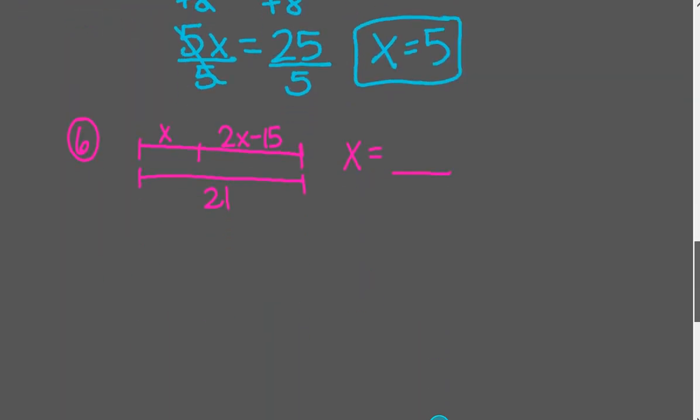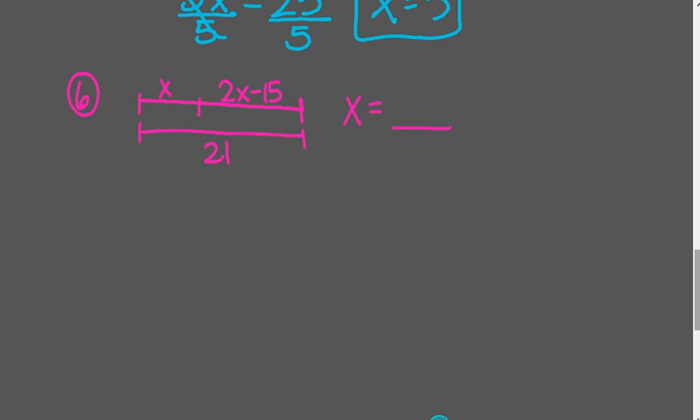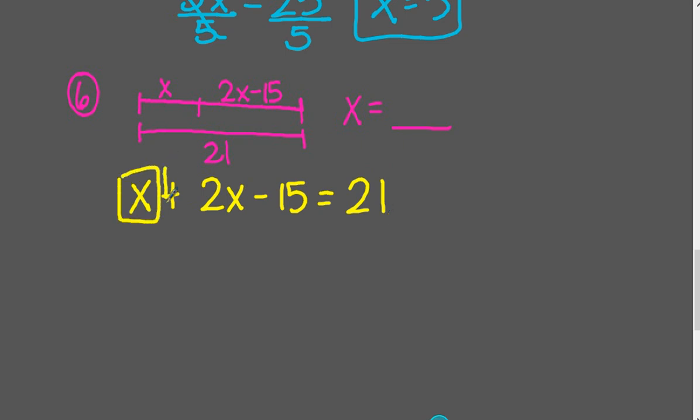All right, so that's how you can check yourself on some of these too. And then this last one I'm going to practice with you. We got kind of the same thing that we had above. It's saying this plus this equals 21, and it wants me to solve for x again. So I'm going to do it just like that. x plus 2x minus 15 equals 21. I'm going to combine like terms. I have some x's, same side, positive x plus 2x. That gives me a total of positive 3x's